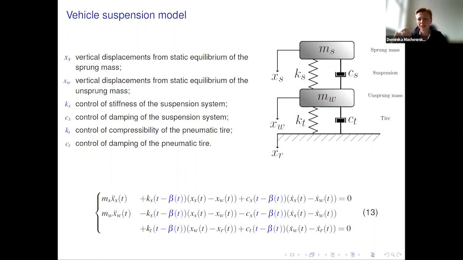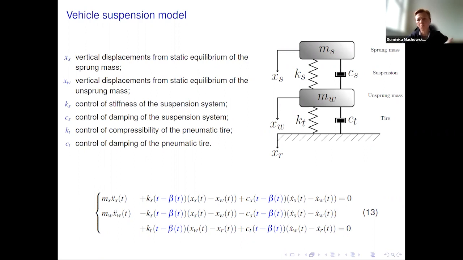And the idea is that the spring works so that the tire holds the road all the time, if we have bumps and we don't have a flat road. And CS and CT, this damping causes the car to be comfortable. So the dynamics of the system is described by the equations, and up to now there are some papers which try to control the system. So how do we manage it?